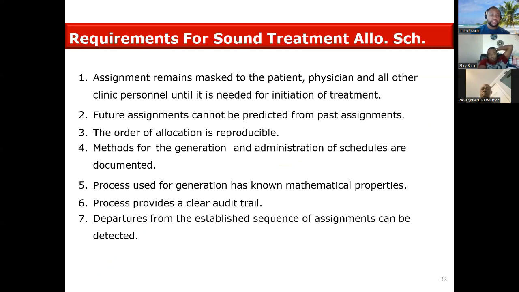Requirements for a sound treatment allocation schedule. Assignments remain masked to the patient, so just making sure the randomization assignment becomes masked, which means blinded, to the patient, the physician, and any other clinical personnel that may be at the initiation of treatment, which means that, of course, they want to blind the treatment for each